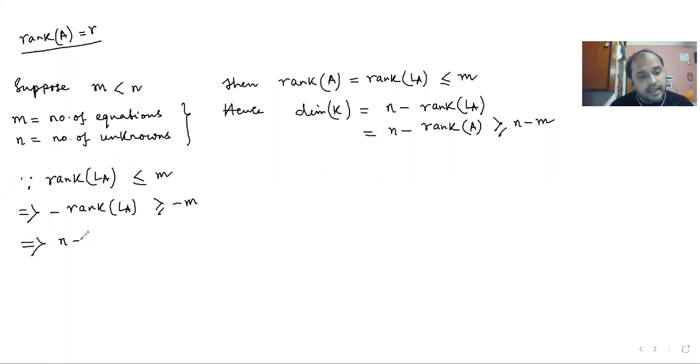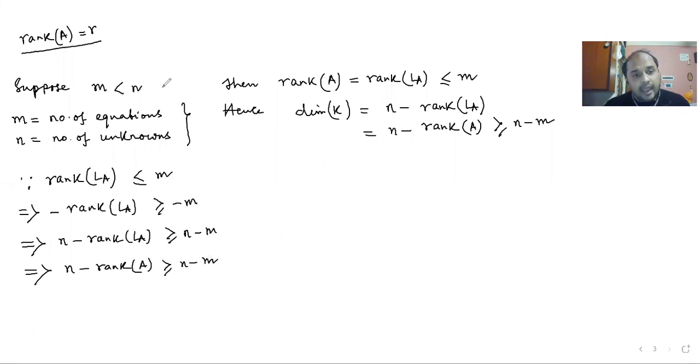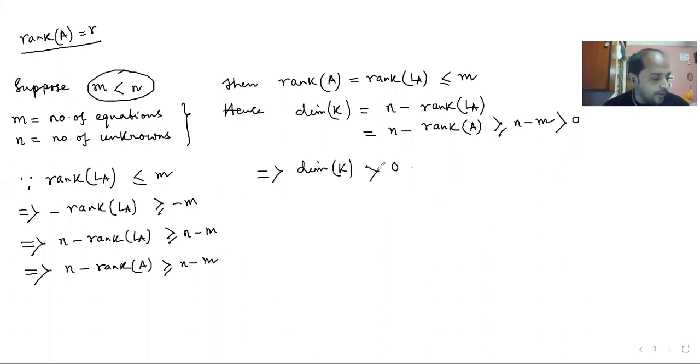This implies n minus rank of LA should be greater than or equal to n minus m, and that is n minus rank of A should be greater than or equal to n minus m. And according to our assumption, m is less than n, so this n minus m is greater than 0. So what do we get here? We get that the dimension of K is actually greater than 0, and